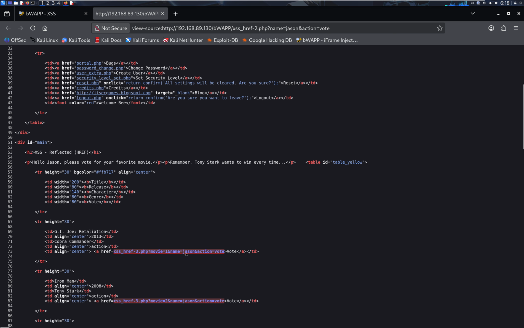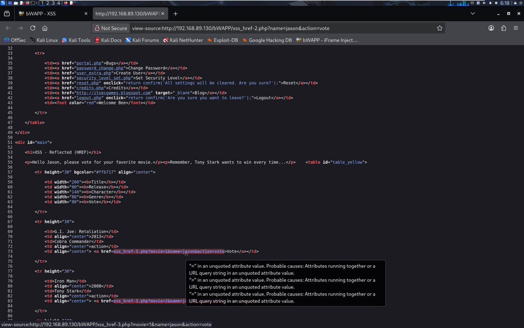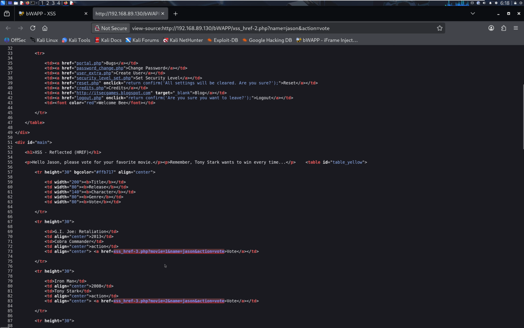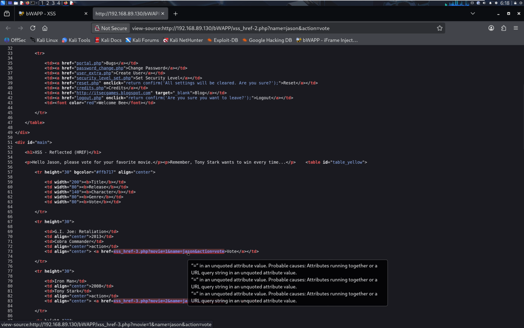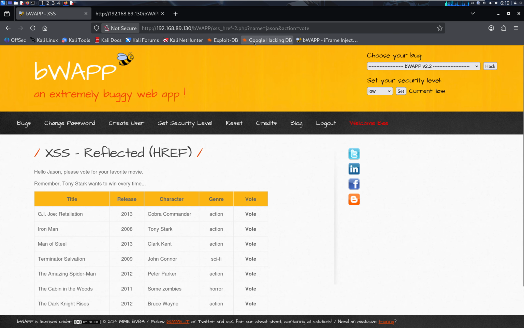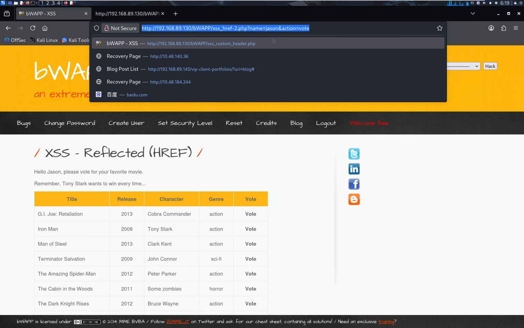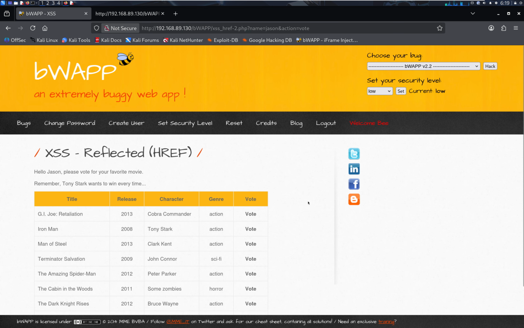JSON. So our input will be put inside HREF. So how about we manipulate this JSON? JSON is transmitted in the URL. I think this can be manipulated very easily. So how to do it? What I mean is,